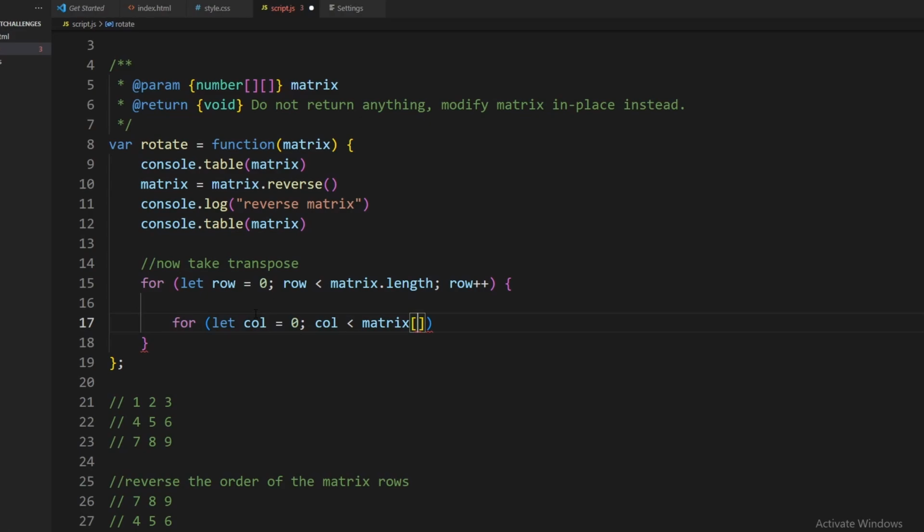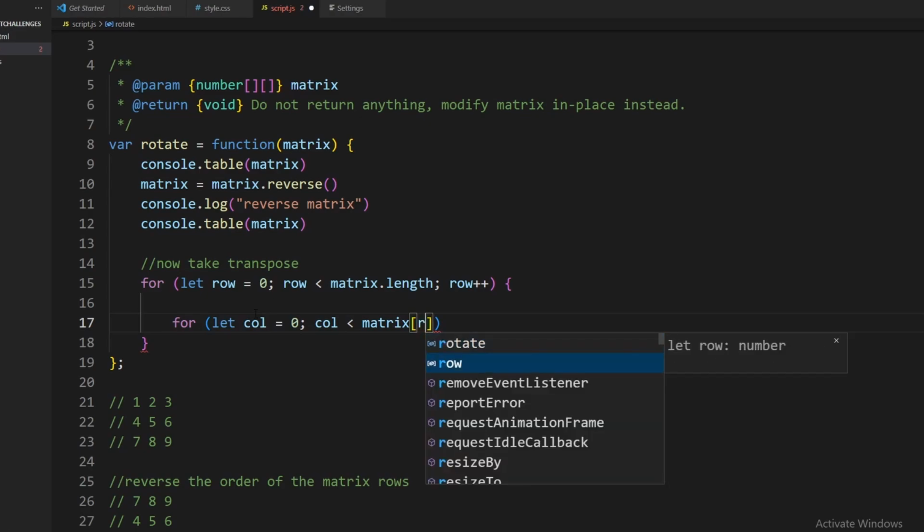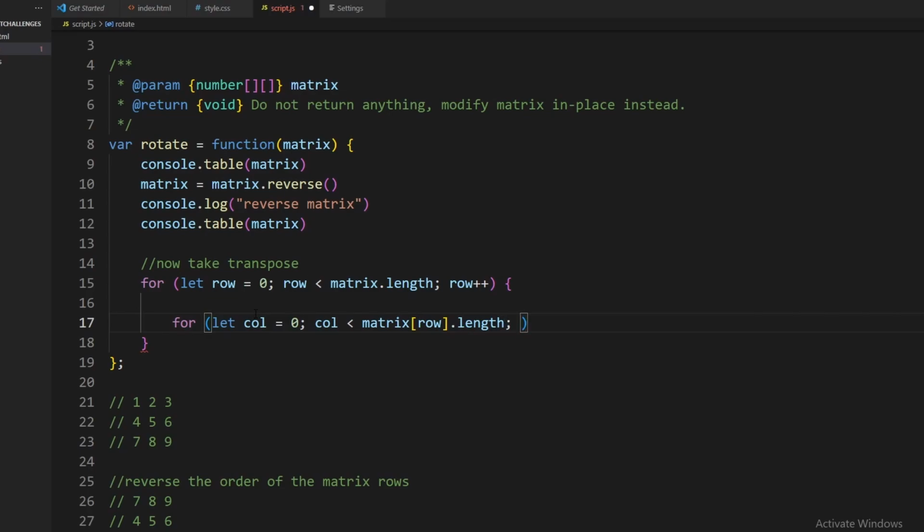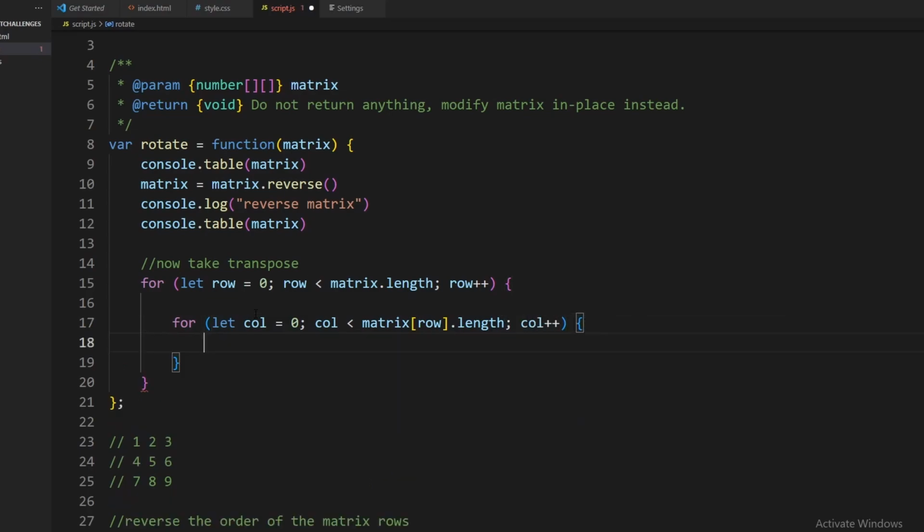Matrix at row. Matrix row dot length. Call plus plus. So basically, you loop through each row, and here you loop through each column. My goal is to swap the matrix at column and row, and assign it to the value of the column and row. So in order to change the row and the column to make the rows become columns,